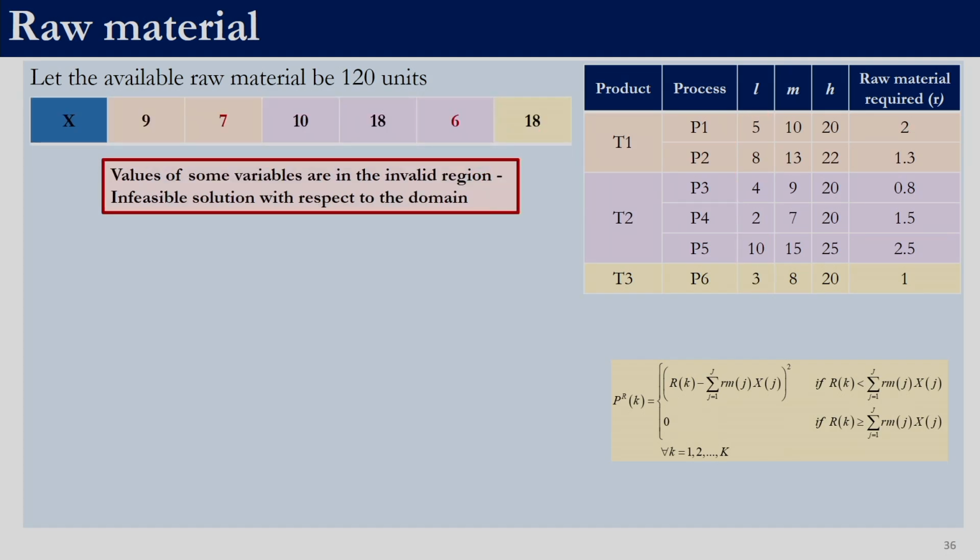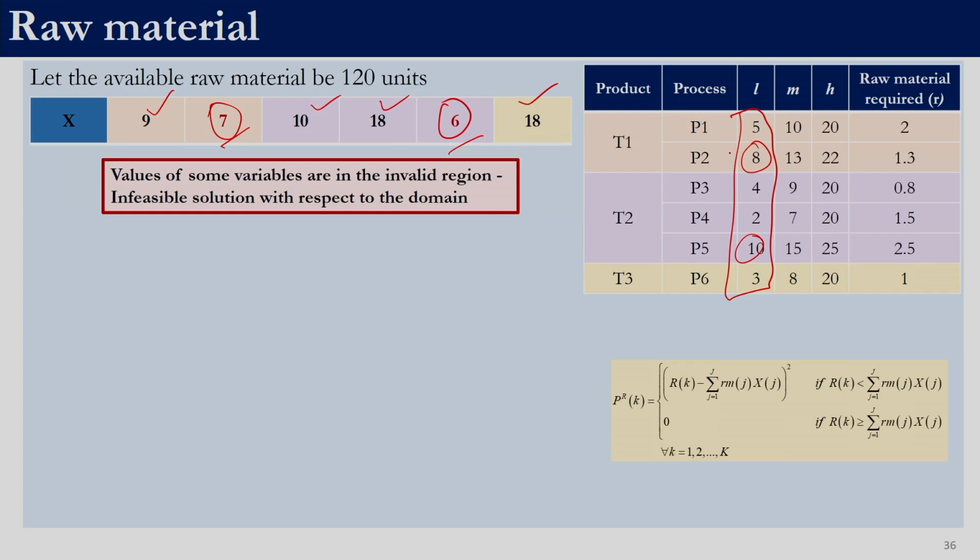So, this is a case wherein 2 variables violate, right. So, we can calculate for 9, 10, 18, 18, right, because those are greater than this L values and they will be less than H also, right. But for the 7 and 6, so this is the 4th and the 5th one, right. So, 8 and 10 is the lower level, right. So, we can produce 8 and above 8 or we should not produce.